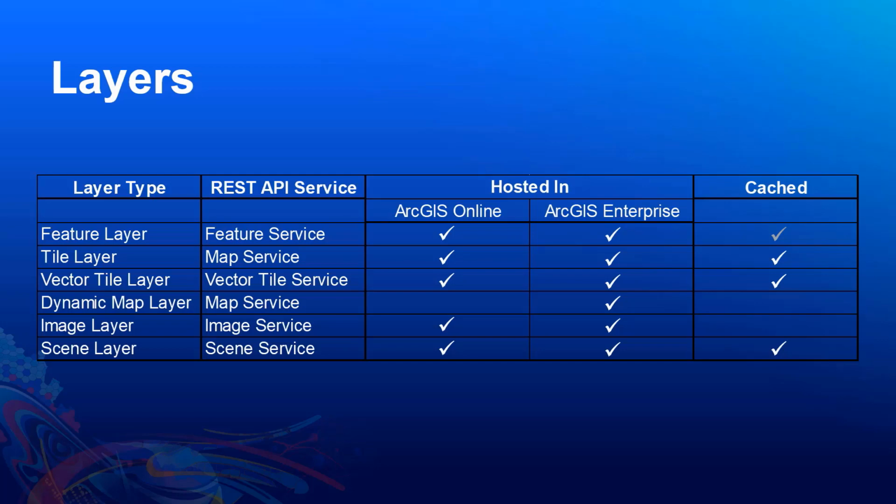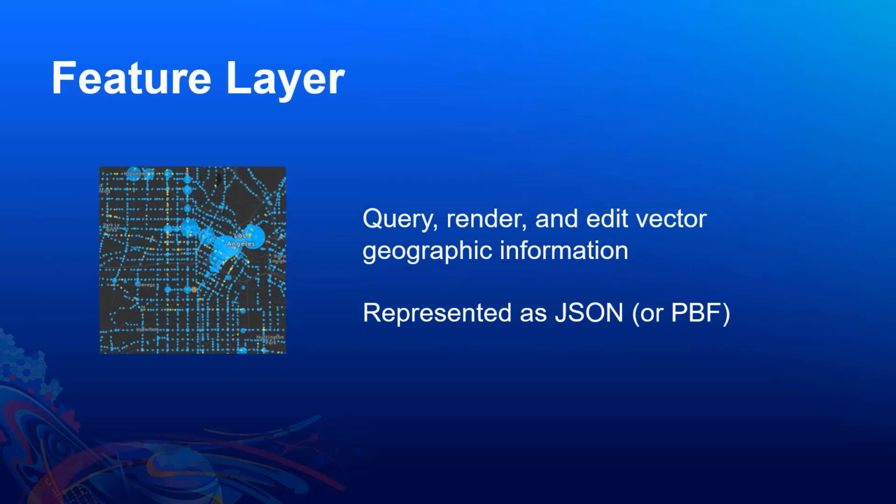So let's walk through a quick overview of each of these layer types, starting with the feature layer. And this is the most common layer type we have and will be the focus of this presentation. So feature layers really enable you to query, render, and edit vector geographic information, and they are represented by JSON objects. So here you can think of features as points, lines, or polygons, and are used to visualize data on top of base maps. They are all backed by a database that supports transactional edits and analytical queries. But the queries can also be dynamically optimized and compressed as well as efficiently cached for a very fast data